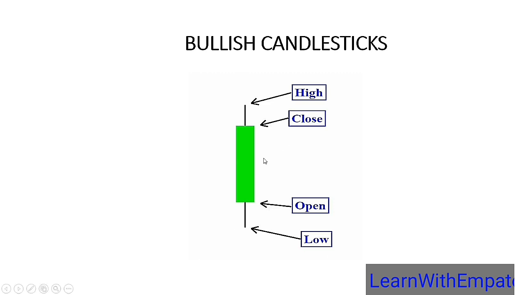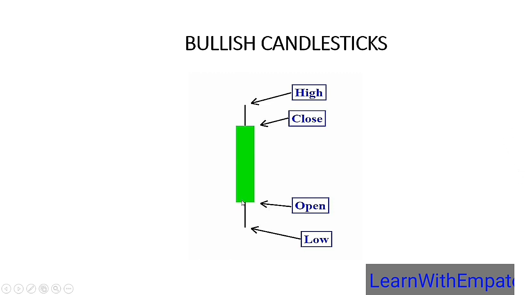So watch this, look at the mouse. This is the body of a bullish candlestick. A bullish candlestick has a green color. This is the low, this is the open, the close and the high. This open means, if you are using a time period of 1 hour, 1 day, 1 minute, whatever time period you are using, for each candlestick, the market opened here. People started buying at this price level, because if you check the right hand side of your chart, you see prices of your asset or commodity.